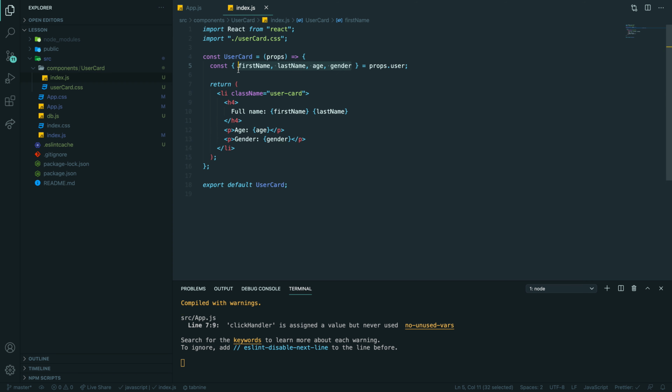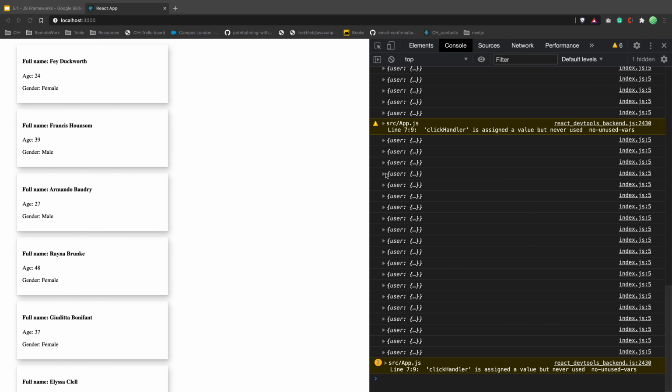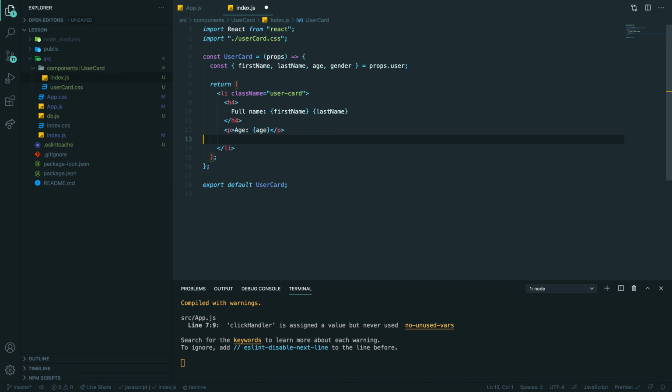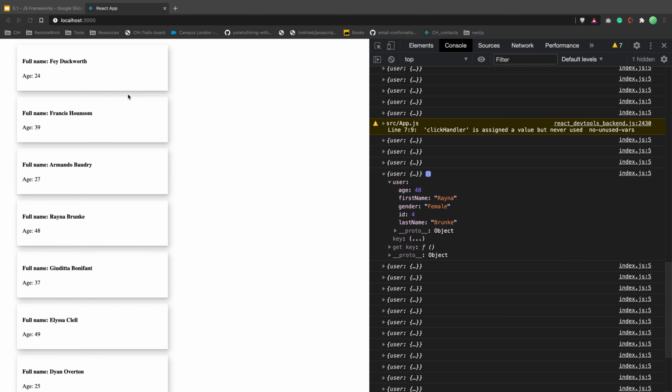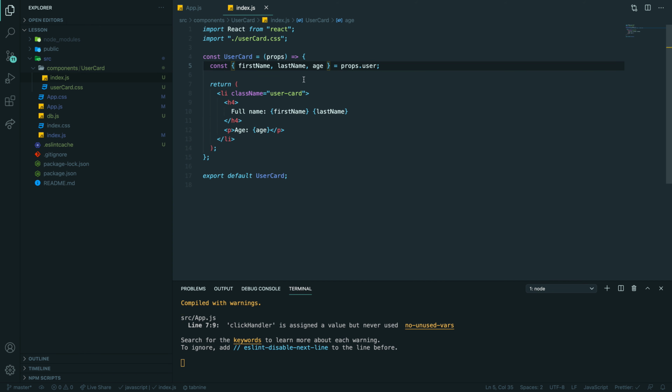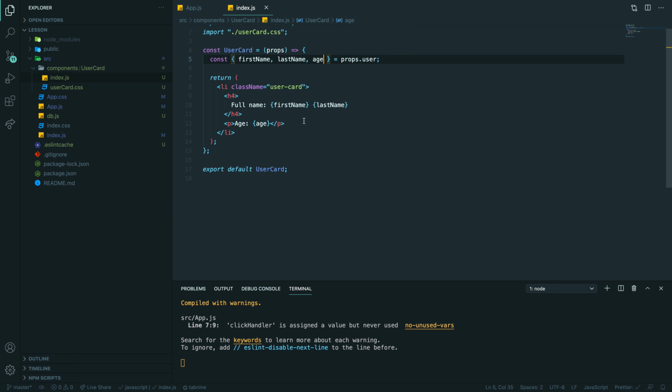Second approach, because we have quite a few things that we don't use in our component, right? So we don't use, for example, ID. Okay, fair enough. So let's imagine that we don't use gender as well. We have just full name and age. So we can actually do that in another way. Again, this is more about how to structure your code rather than learning new things.